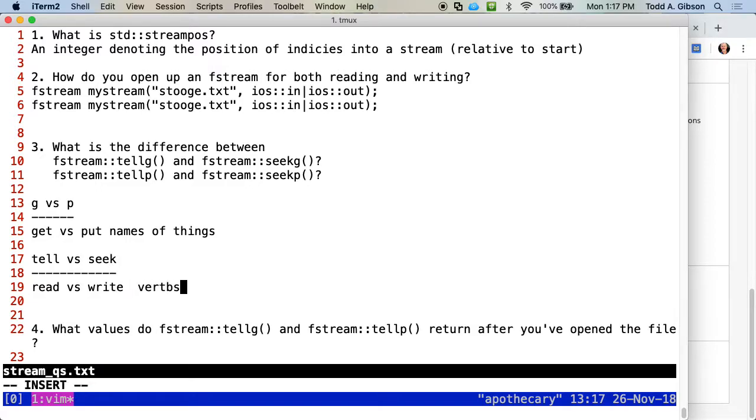What you do with those. Oh, nouns and verbs. Yeah. That's actually good. What is being done, or the action the function takes. I like that. Nouns.